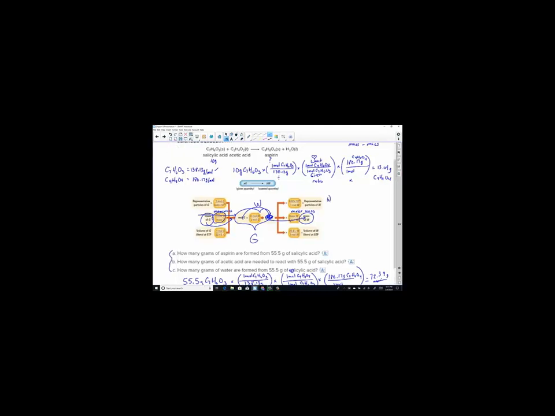Let's put letter B here. All right, so letter B just simply says how many grams of acetic acid, that's the other reactant, are reacting with 55 grams of salicylic acid. So I'm going to need just quickly to